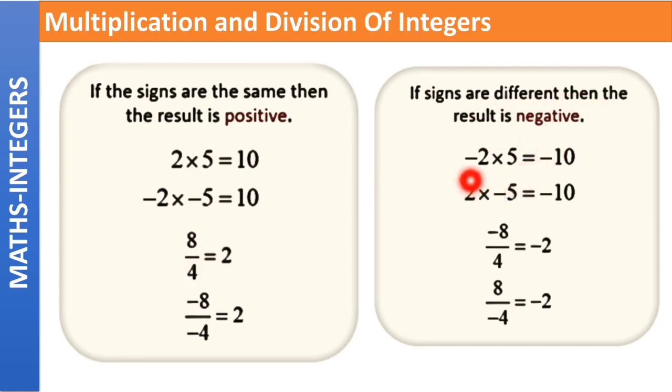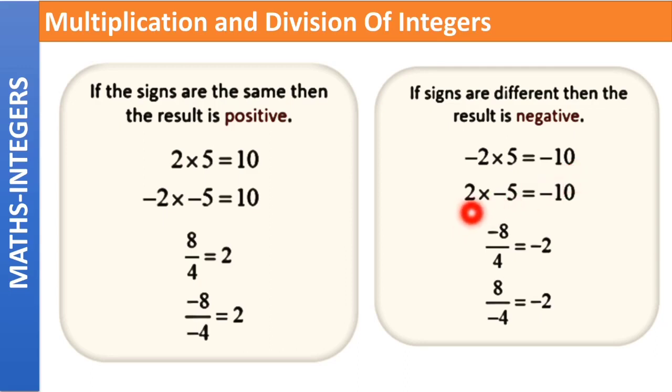Now look at this multiplication here. Minus 2 into 5. First look at the signs. 2 is having a negative sign and 5 is a positive number. Both the signs are different, right? So what will the result be? The result will be negative. Are you seeing this? The result is having a negative sign because both the signs given in the question are different. Coming to the absolute values, 2 into 5 is equal to 10.